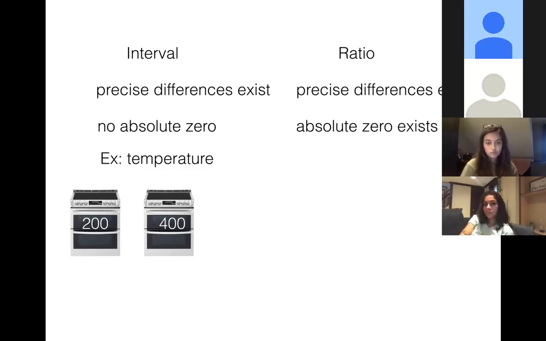If you are at 0 degrees, are you out of temperature? Can we go negative with temperature? Yes, you can go negative in temperatures, but not in ovens. Sure, you can. We can go outside and have it 30 below or 50 below. So what happens is there's no absolute zero.